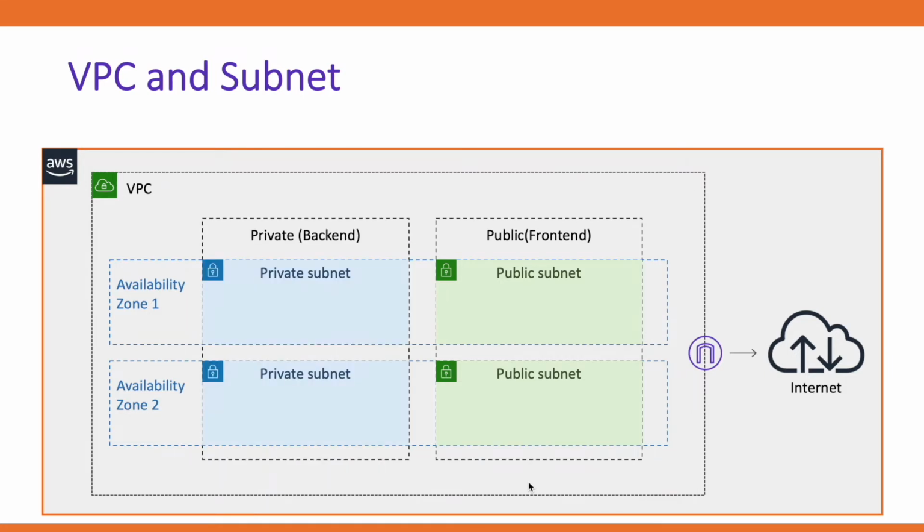connected to the internet. To allow outbound connections to the internet and prevent unsolicited inbound connections from the internet, a network address translation device, that is a NAT device, is used. It helps connect the instances in the private subnet to the internet but blocks all incoming connections from the internet to the private subnet. A NAT device is placed in the public subnet, has a static IP address, and is also connected through the internet gateway.